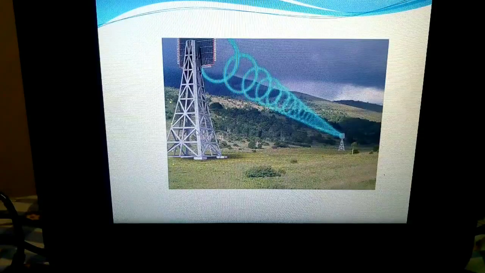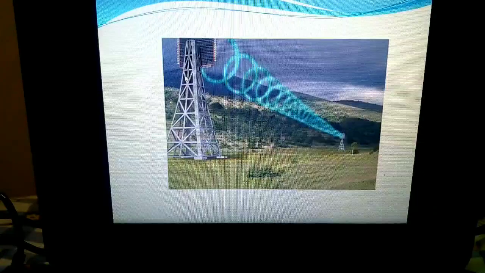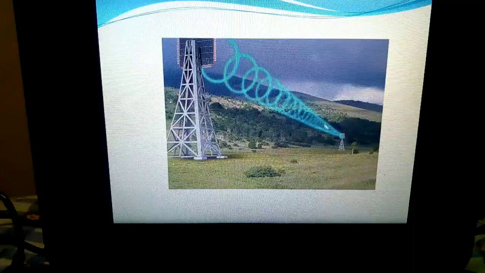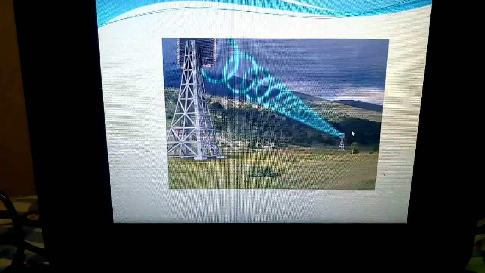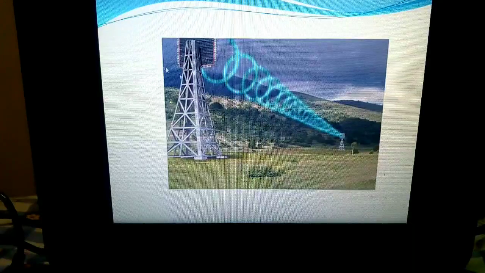Within the city it might be radio wave towers, and outside the city it will be microwave towers only, because outside the city you can directly have line of sight propagation. So this completes microwave communication. Thank you.